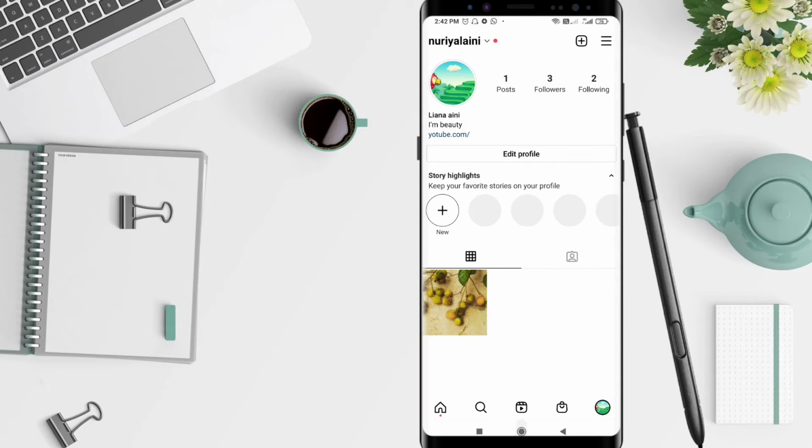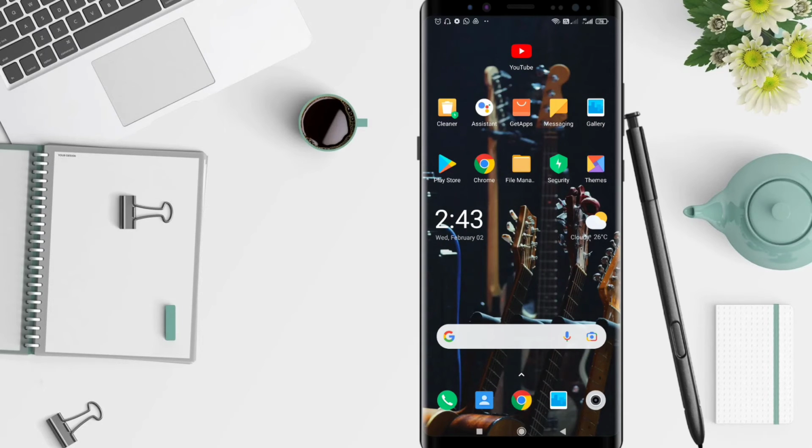I think this is the tutorial on how to add a link to Instagram bio